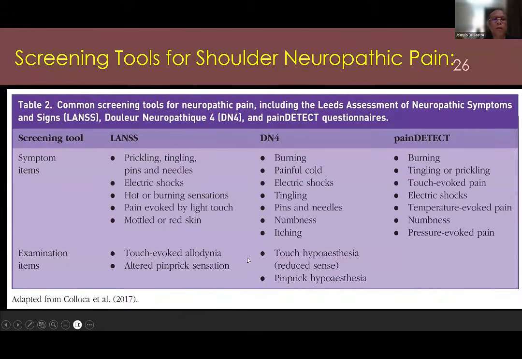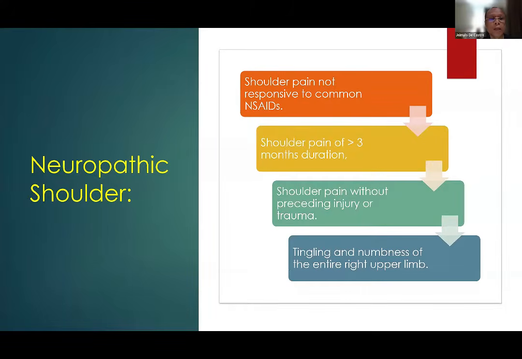We can use these tools for neuropathic pain assessment for the shoulder: the LANSS, the DN4, or the PainDETECT. Their symptoms almost overlap, so you can use either or any of these tools to diagnose your neuropathic pain. Then, for neuropathic shoulder assessment, one thing that is very prominent in these patients is